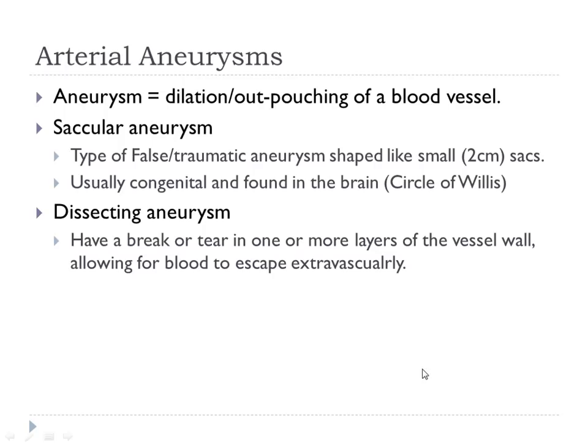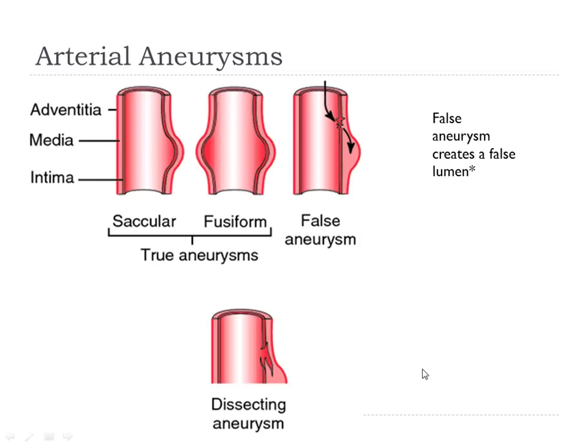I don't know if I included this, but you have the 3 layers of the artery. The 3 layers of the arteries are the tunica interna, tunica media, and tunica externa, right? The 3 main layers of an artery. So if the tunica interna becomes torn or damaged, it can leak between the tunica interna and the tunica media, right? Does that make sense? It can leak out. So it's technically an extravascular space because that blood is leaking into a space that is not circulating in the vasculature. So that would be a dissecting type.